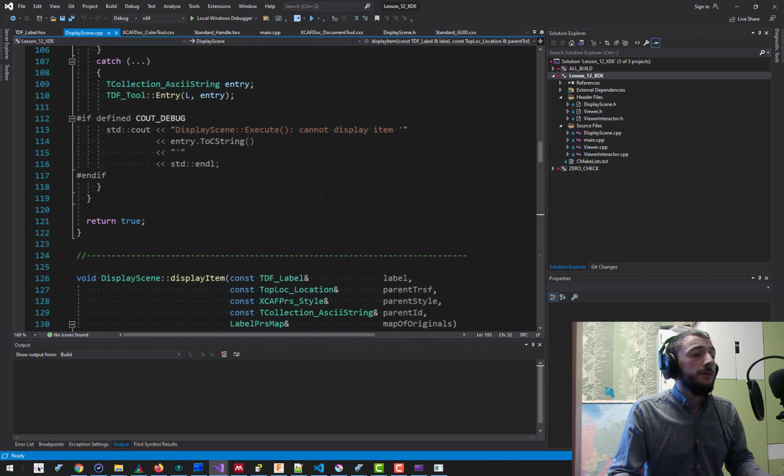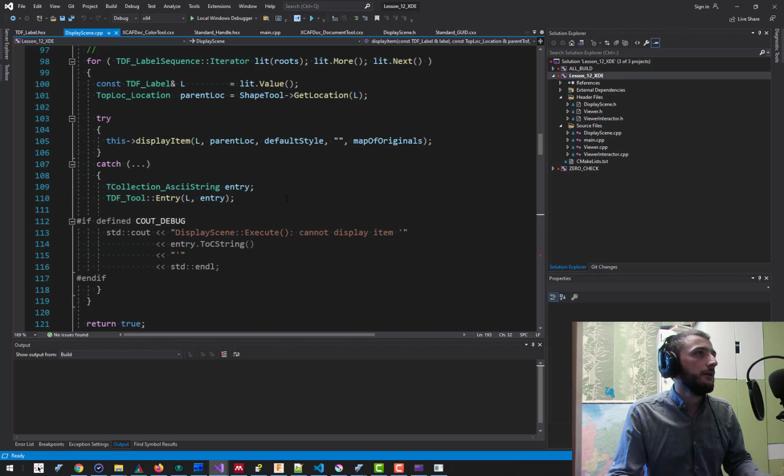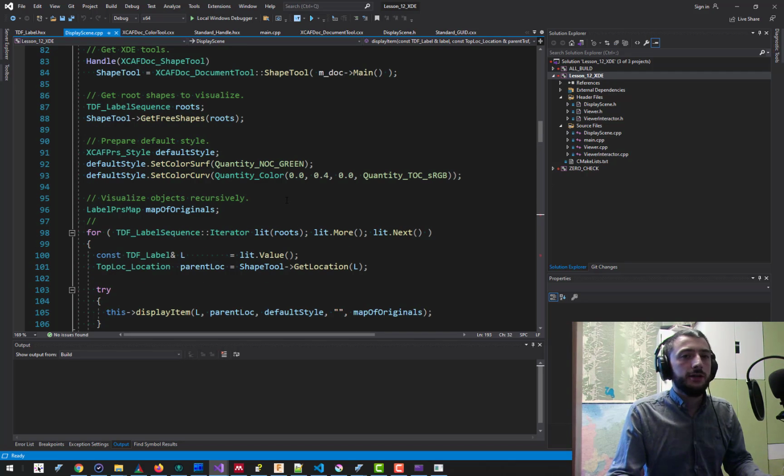Okay, so I think that's it for today. I think we covered everything related to the concept of assembly modeling in OpenCascade, and not only in OpenCascade actually, because it's kind of a standard thing. So I invite you to give it a try. I invite you to clone this repository and play with the code in here, and maybe try to customize it to your needs if you wish to go on with the XDE framework for assembly representation and AIS for visualization, because